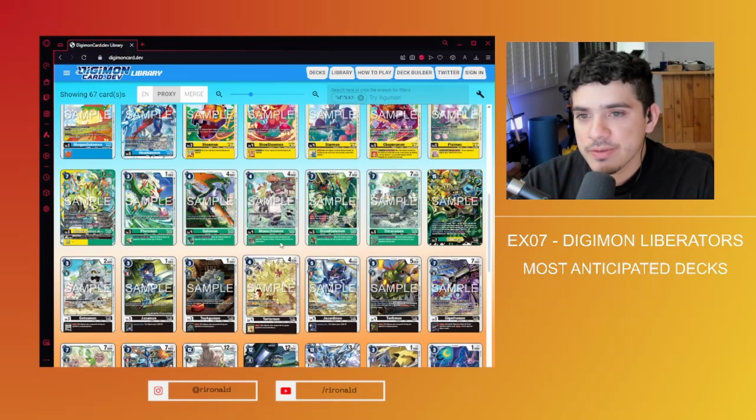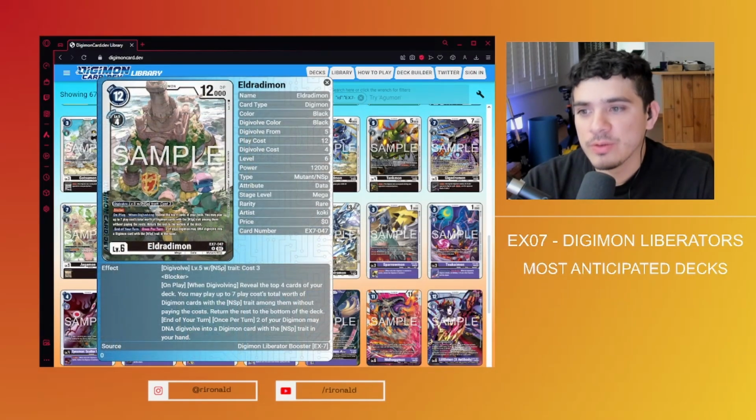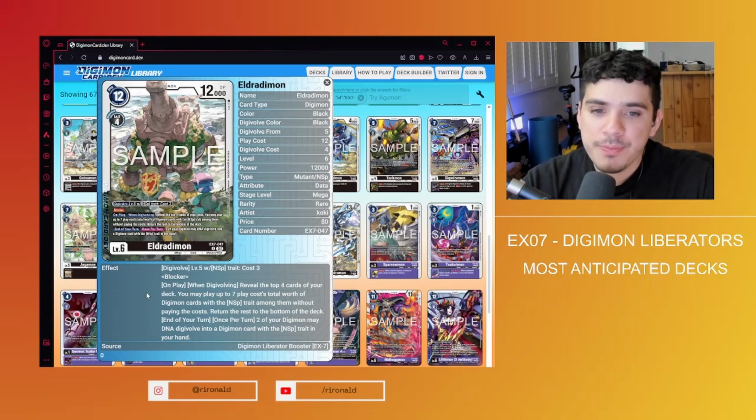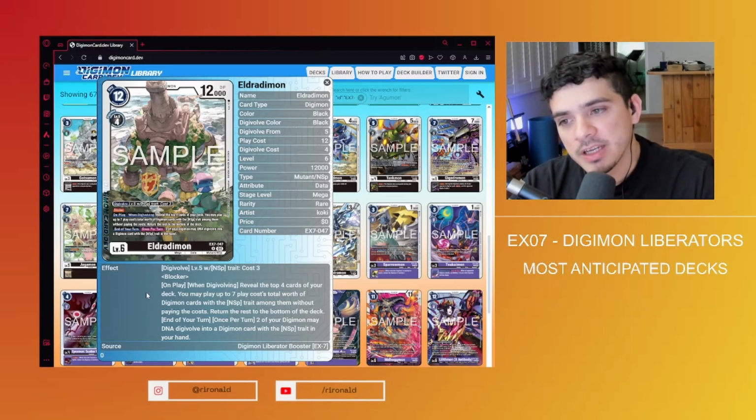And then there are also other cards like Eldoradimon. I thought it was Eldorado. This is the 12 cost, 12k, and then a blocker, and then on play when Digivolving, you reveal the top 4 cards of your deck. You may play up to 7 play cost total worth of Digimon cards with the NSP trait among them without paying the cost, then return the rest to the bottom of the deck. At the end of your turn, 2 of your Digimon may DNA Digivolve into a card with the NSP trait in the hand. So this one, if you have him and maybe a level 6 that's yellow, you're able to DNA Digivolve